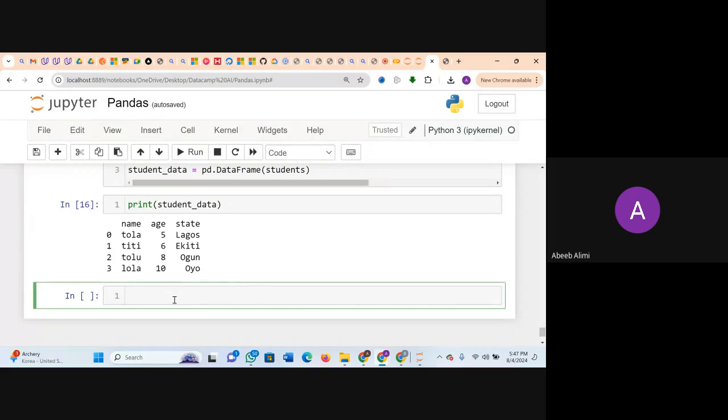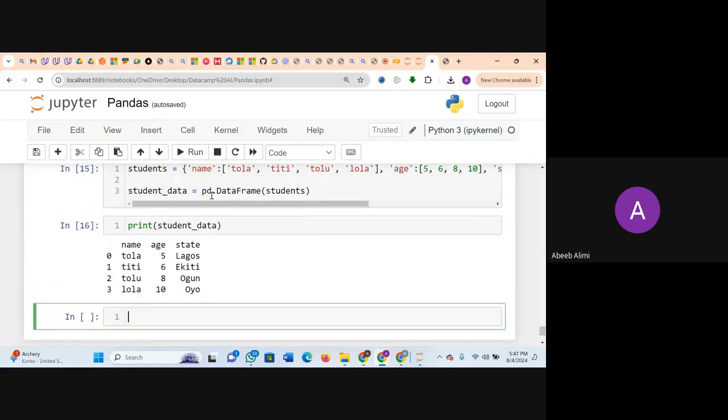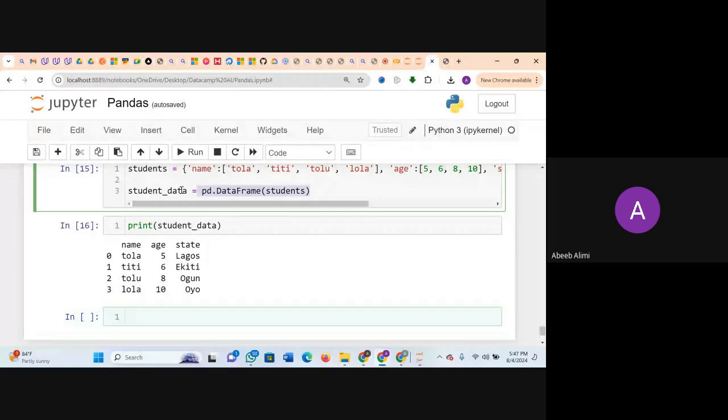So when we are converting this to student data, we need to say we have index, and our index will be equals to student 1,